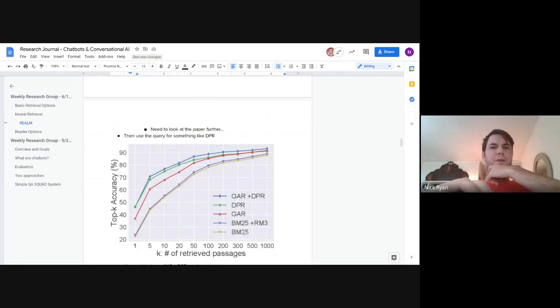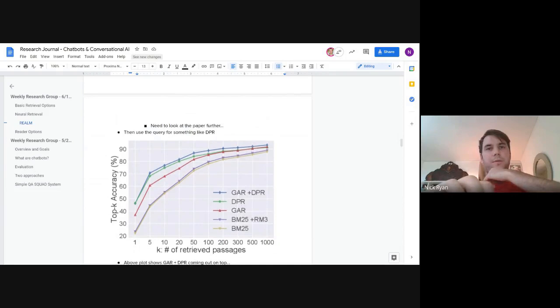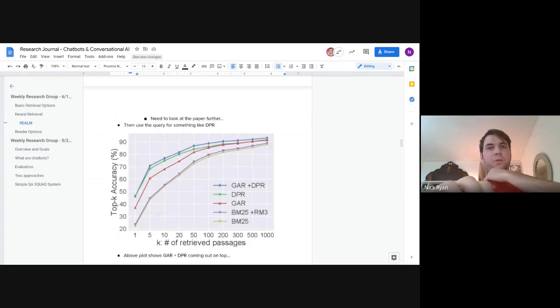And it also has BM25. I think it has a couple others. It has Elasticsearch. But in general, the most support you can find is probably for DPR and BM25. Those are implemented in a few places like Hugging Face, or just popular, well-used libraries. So yeah, if you want to use, I think,